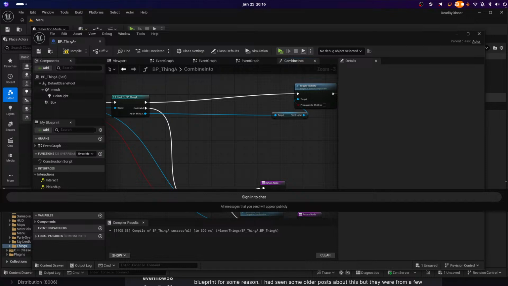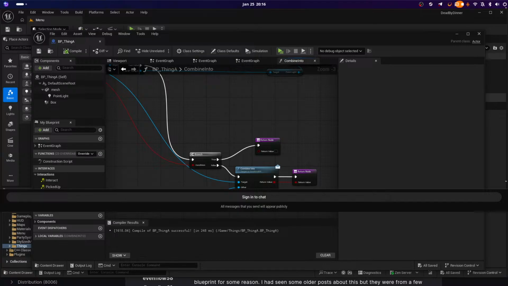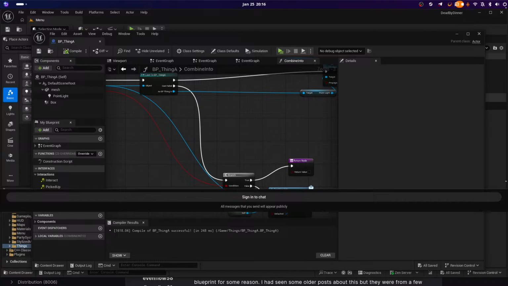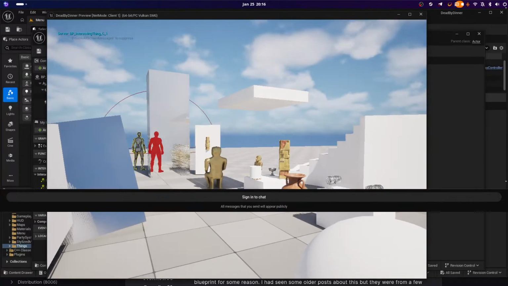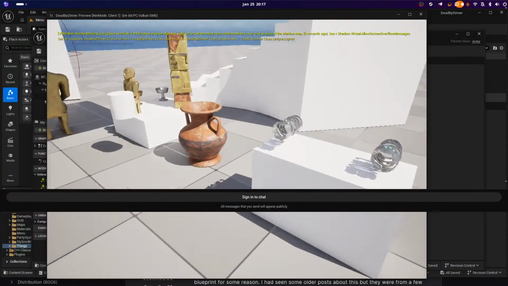So we'll just try and cast, and if the cast fails, then we know it's not a thing A, and we should go into this cycle of looking to see if it's something else. And then maybe we can make a thing B later and see if we can get it to recognize a thing B. But first,